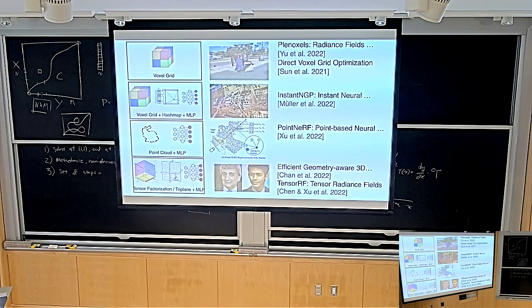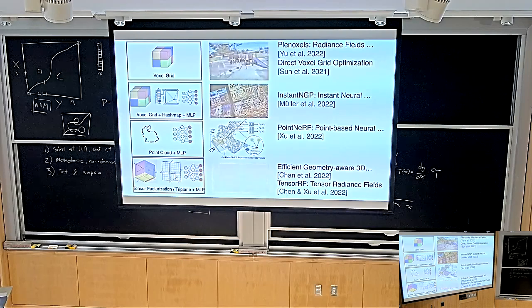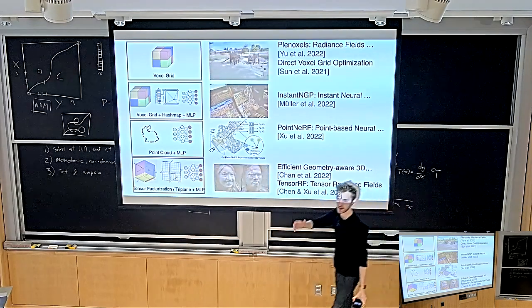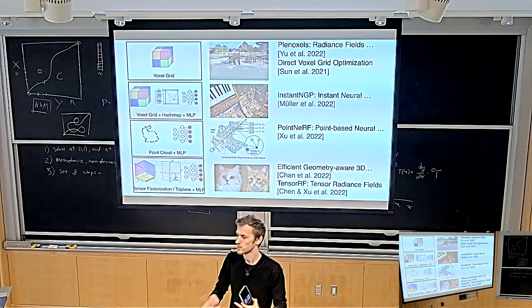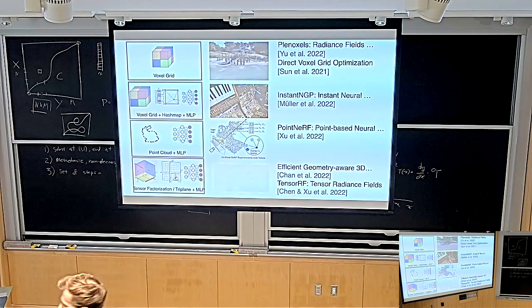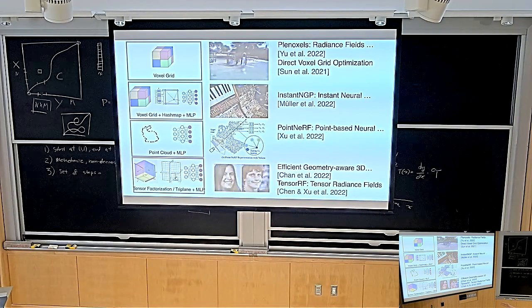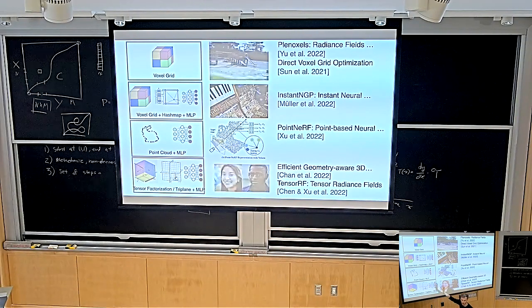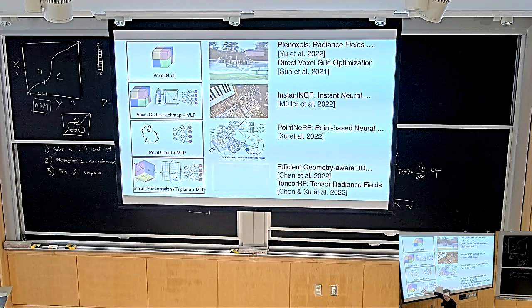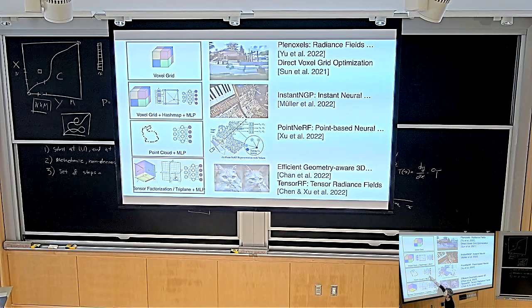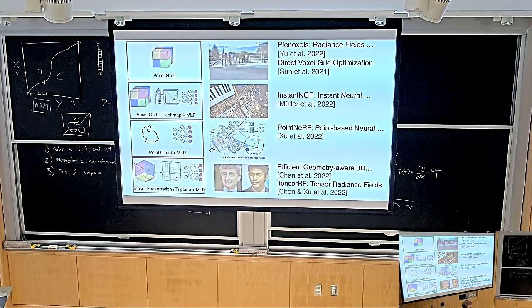It's really slow. However, we already discussed a few ways in which you might fix this. We said, why do you use a neural field? Why do you use a neural network? You could use other kinds of scene representations. We discussed voxel grids. You can basically get creative with the representation you use to parameterize the function. For instance, you could use a voxel grid. That makes it a lot faster.